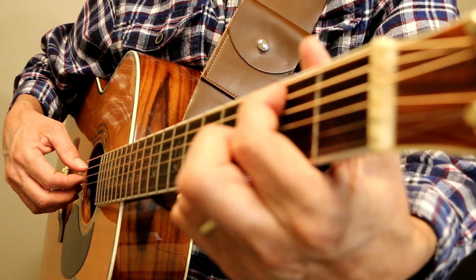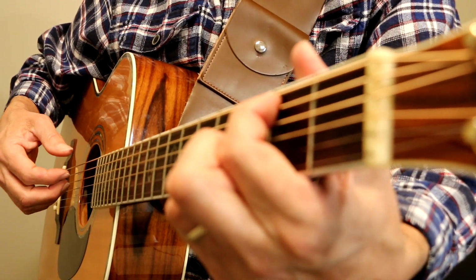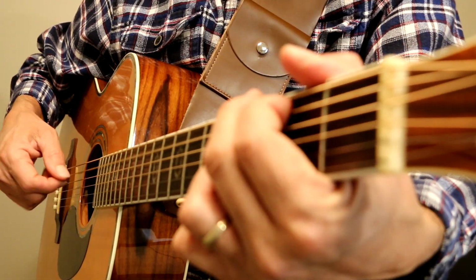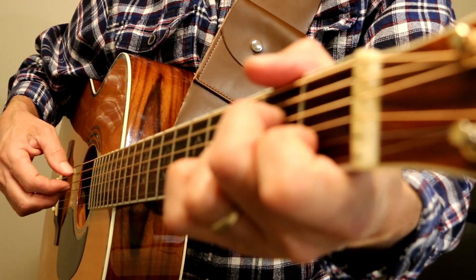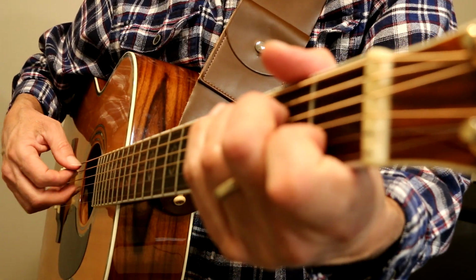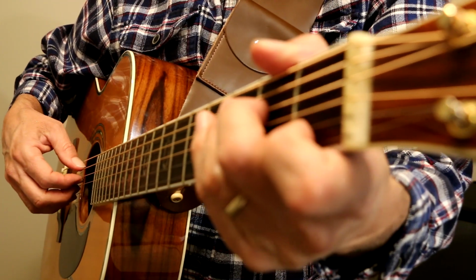and then we play our G with the B bass. And we just play all those strings. So we go 1, 2, 3, 4, 5, 6, 7, 8. So it goes